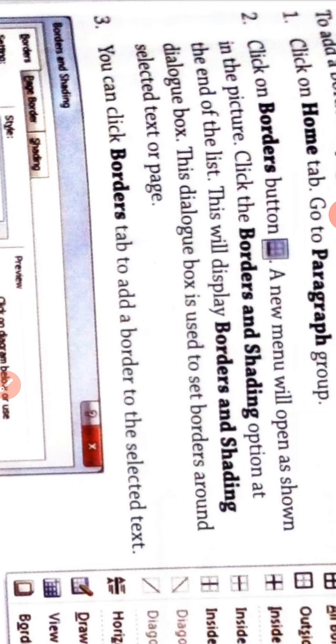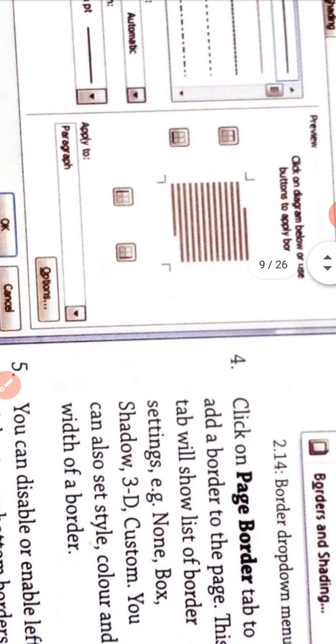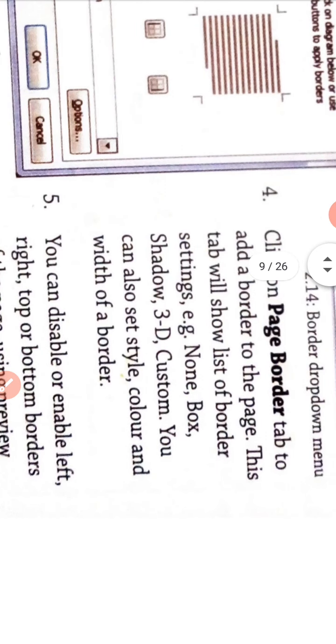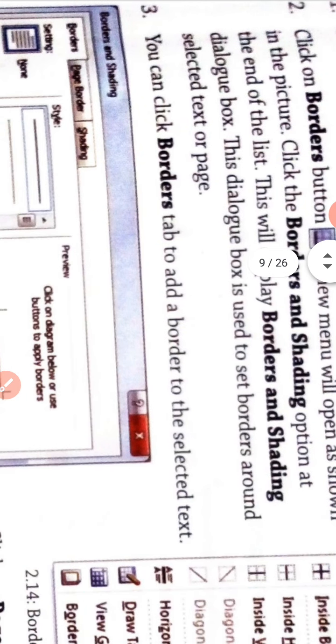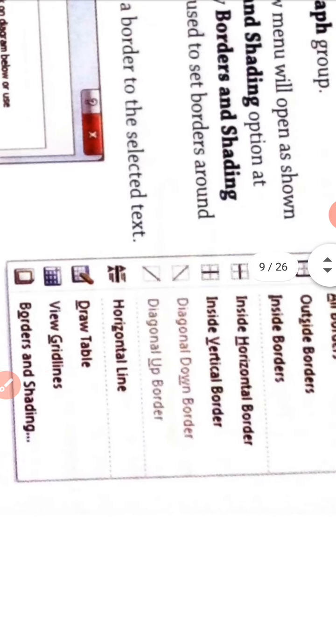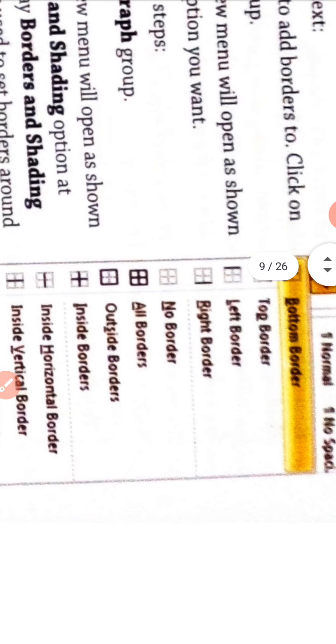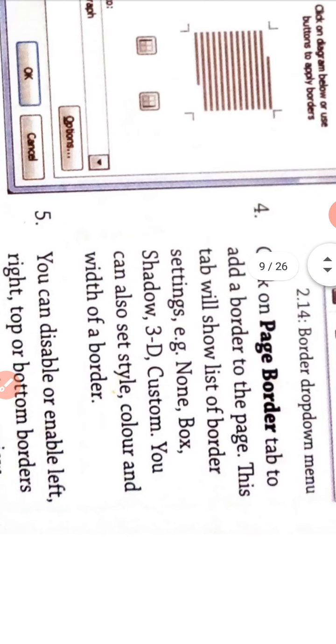Step 3. You can click Border tab to add border to the selected text. Step 4. Click on Page Border tab to add a border to the page. This tab will show the list of border settings. Example: none, box, shadow, 3D, custom.